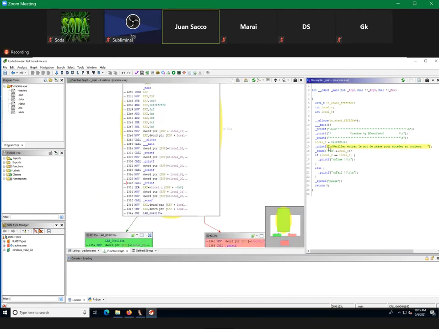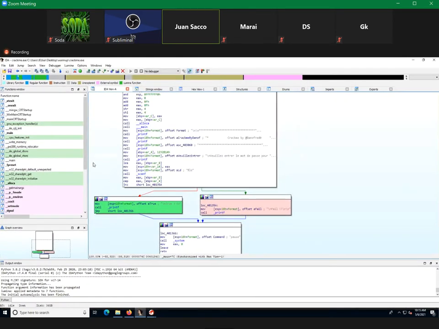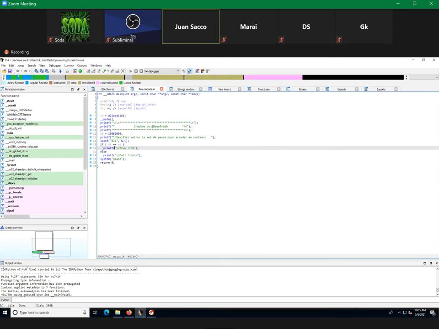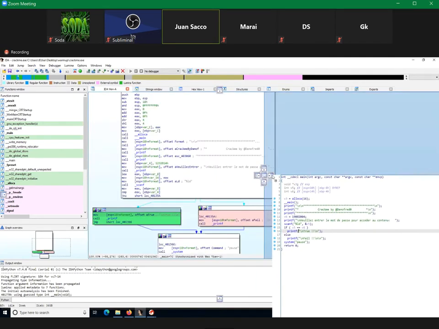For instance, if I select this print, then it's going to show me where it's sitting in the disassembly part of it. If I select here, it's showing me this scanf in the pseudocode. If I go back here into IDA, it's not doing it by default. But what we need to do is, well, first you need to have X-rays as well,